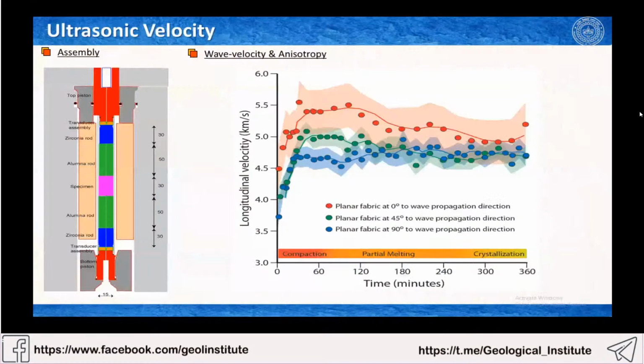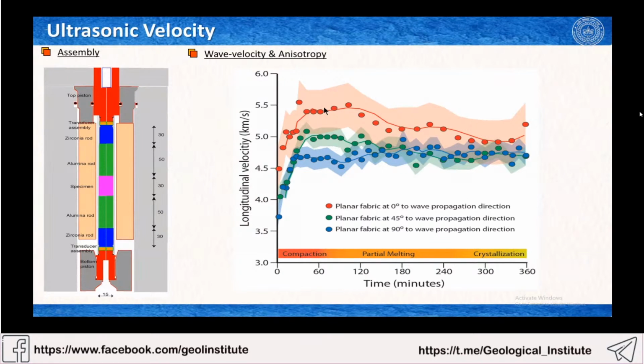We also tested, as I said, that we have many features in the top part of this subducting oceanic crust. So we tried to see how the ultrasonic velocity changes when you have partial melting and crystallization. It's a similar apparatus. Instead of deformation, we added some transducers which can resist high temperature. The sample stayed here, and we calculated the longitudinal velocity out of the ultrasonic velocities, and we